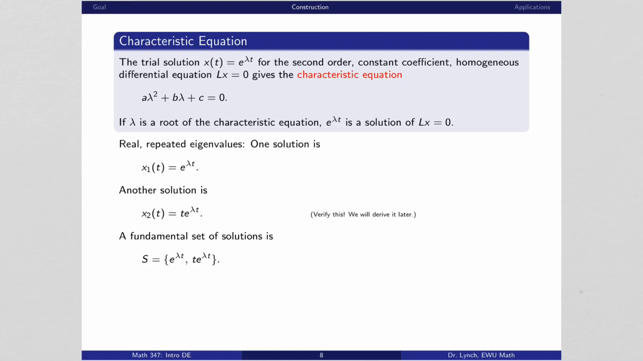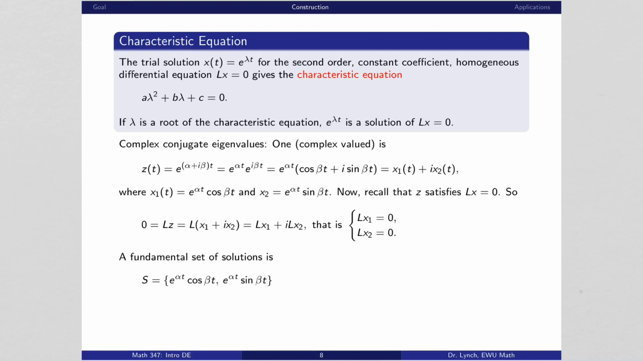So again, certainly x1 is not a scalar multiple of x2. Those are linearly independent functions, both of which are solutions to the differential equation. So a fundamental set of solutions is given by e to the lambda t and t e to the lambda t. Okay, and in the third case, the case of a complex conjugate eigenvalue, we'll go ahead and just look